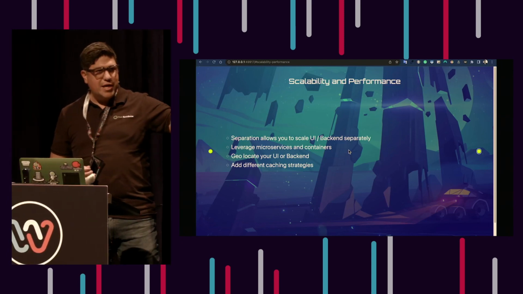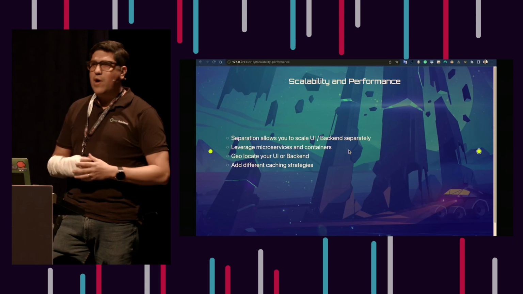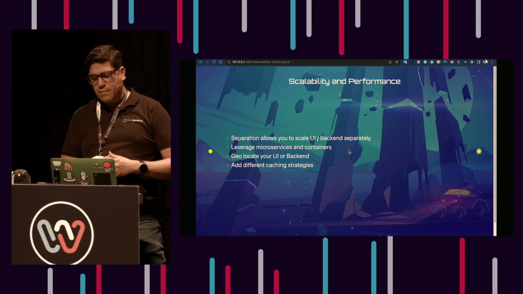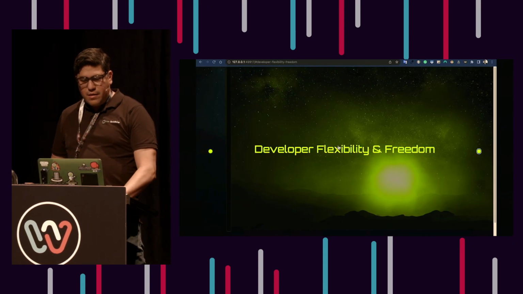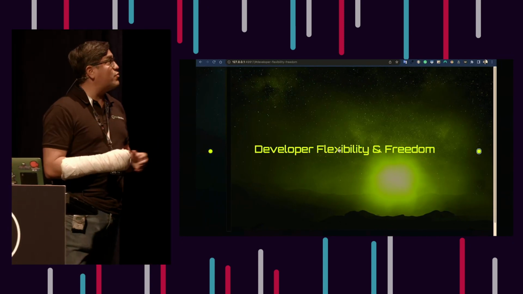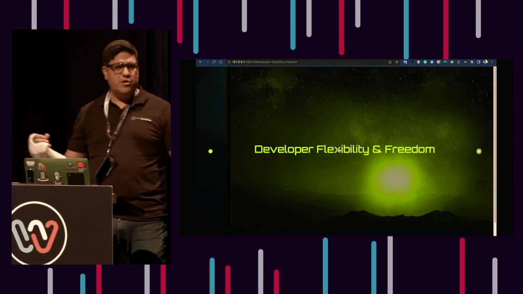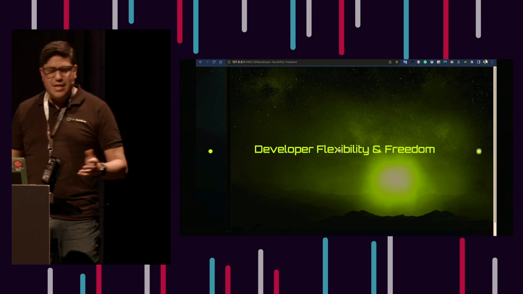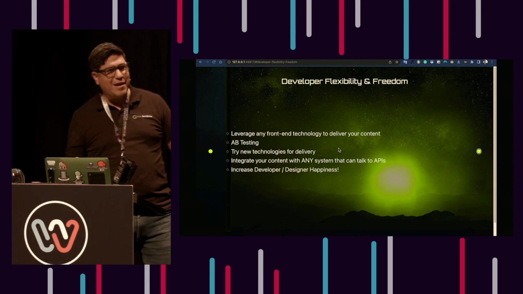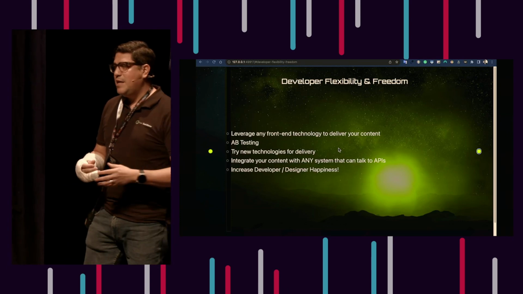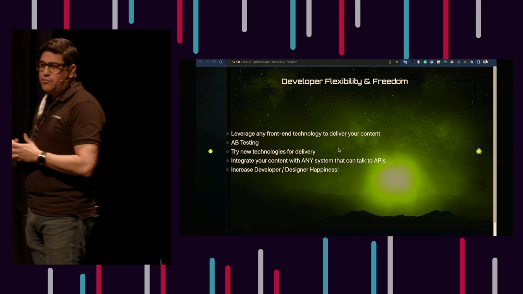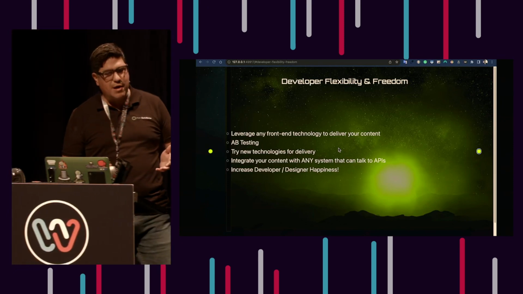You can tap into different caching mechanisms, caching engines, et cetera, and provide caching even at the different layers. The admin can have one cache strategy, right? And the UI can have different cache strategies. This one is obviously really important for us, especially at Ordes, where we develop a lot of tools. Everybody's either building a new framework or tapping into new things, and we wanted that freedom, right? And this gives you the ability to leverage really any front-end technology to deliver your content.